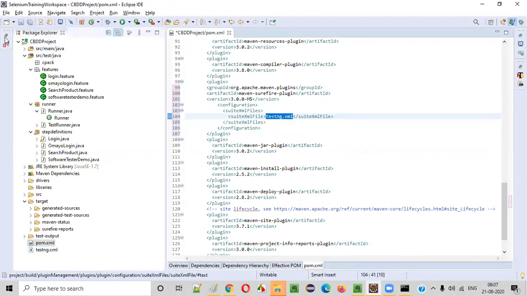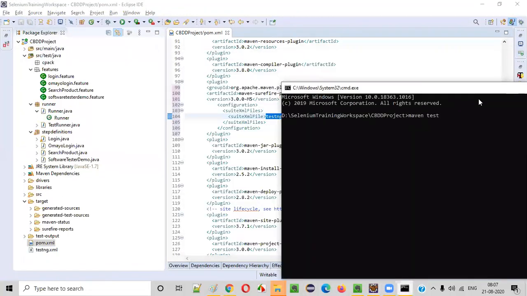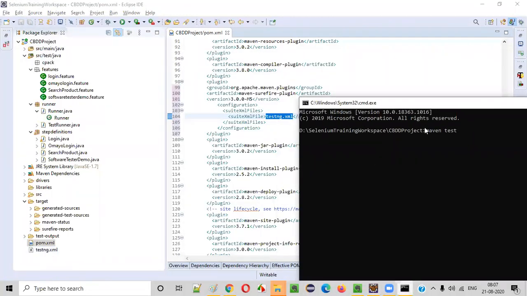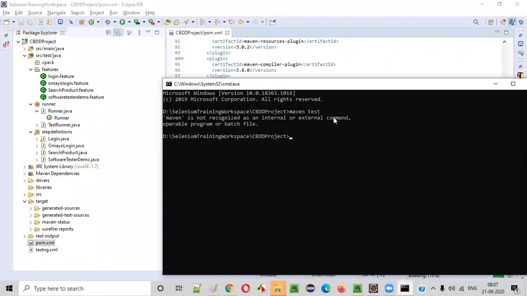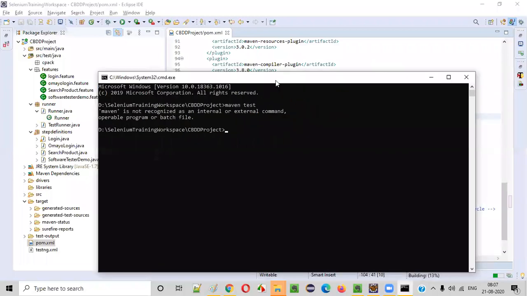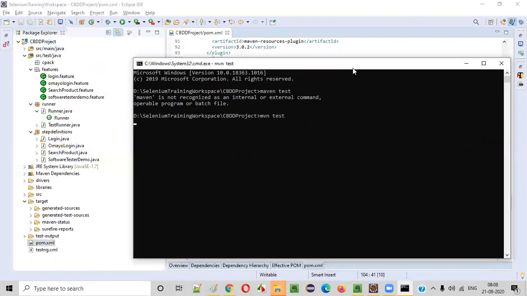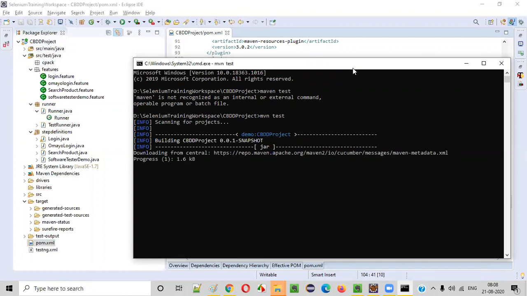Okay. So once you add this here, now you can run from the command line. You can run this particular testng.xml from the command line. Simply say Maven test now, things will work out. So what is happening here? Why is it not running? Sorry, wrong command. MVN test we have to type. Okay, not Maven test, MVN test. So this should run from the command line, guys. This Maven project will run from the command line now. You see, all the feature files will run.